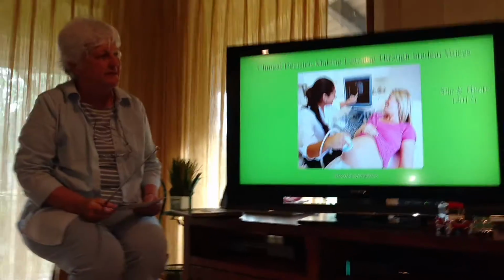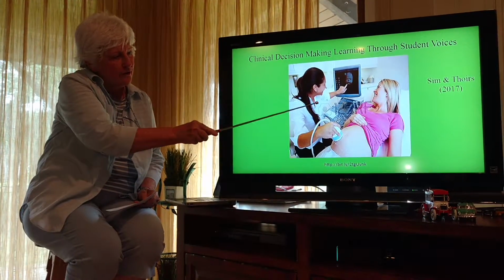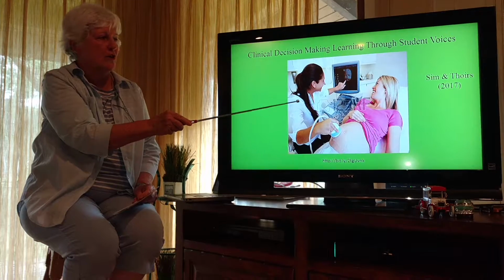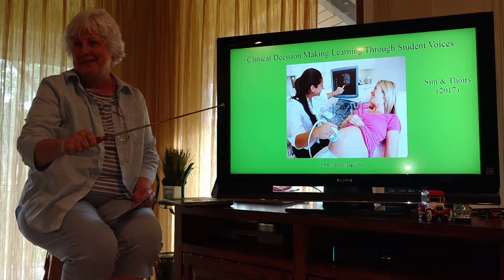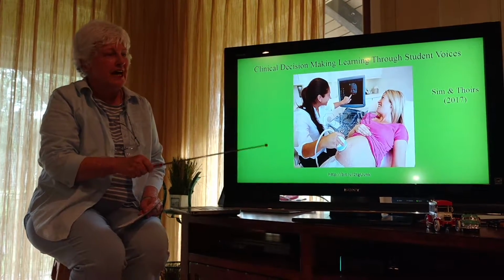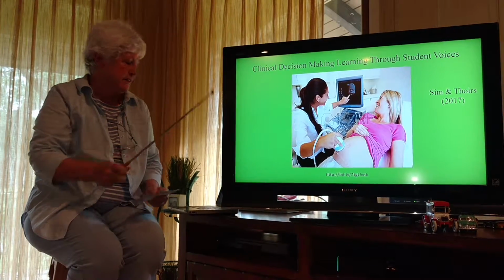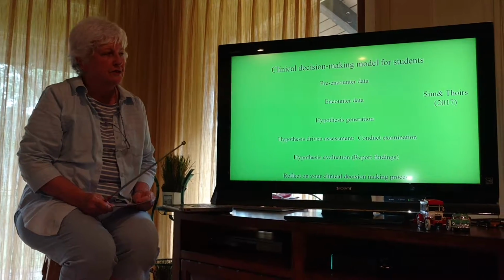Clinical decision making, learning through student voices. This is a little baby. This is a sonographer. This is a very steep curve doing ultrasound. So you have to learn your anatomy along with your hand-eye coordination and probe dexterity, all of this at one time. The University of Auckland in New Zealand did a program, called it Clinical Decision Making Model, so that the student sonographer